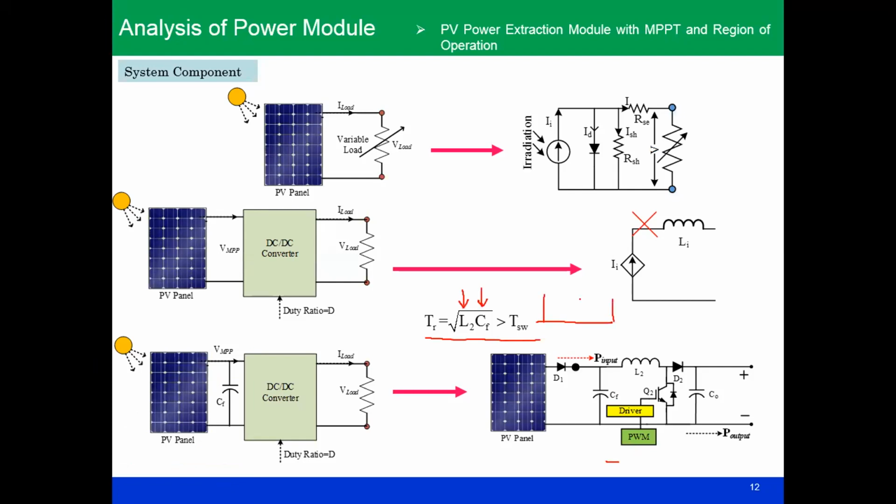Let us say you have a switching frequency because you are basically giving a duty ratio, and that switching time is, let us say, TS, and therefore the duty ratio may vary from 0.1 to 0.8. So this resonating time should be selected in such a way that it has a greater period. Let us say this is your TR. This TR should be greater than or equal to the switching time. If you do not select it, what will happen? There will be an oscillation. So this is the first primary equation which governs and guides us in determining the requirement of the capacitor value.